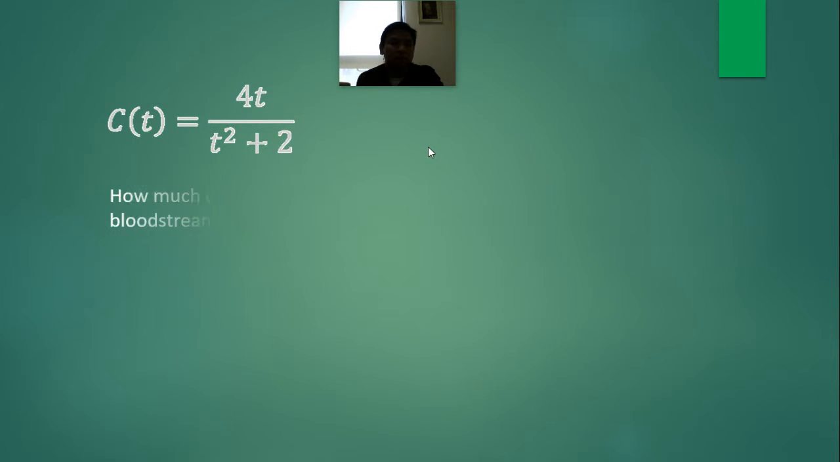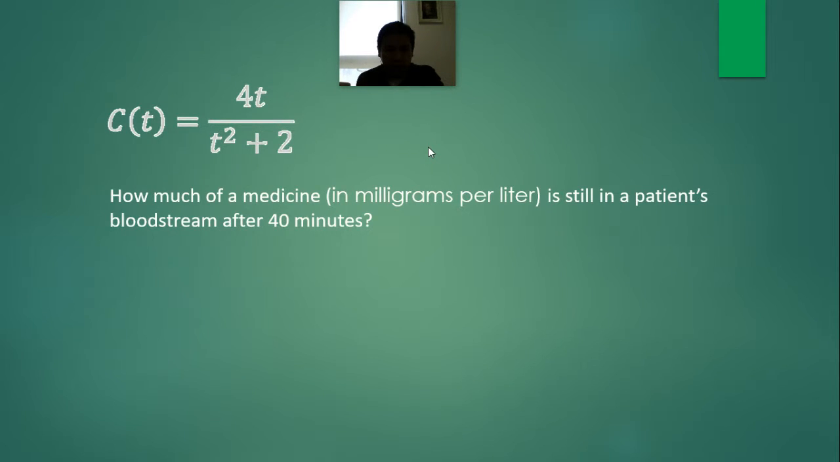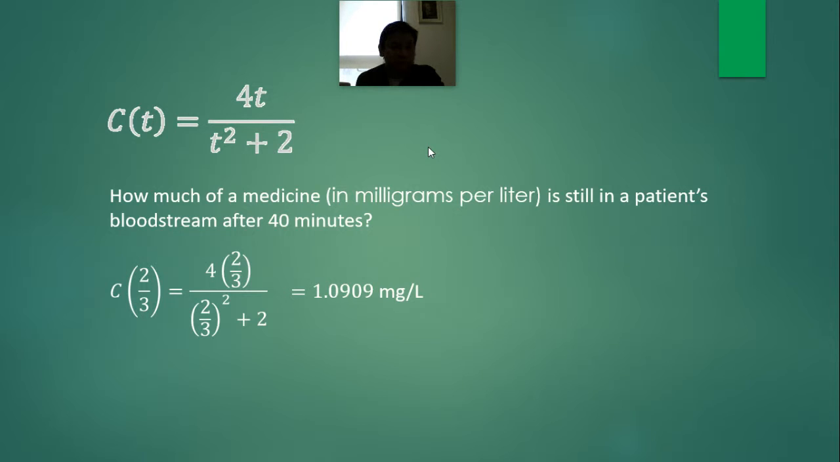Then, if we are to make use of this function, it goes by this question: how much of a medicine is still in the patient's bloodstream after some time? In this case, 40 minutes. Take note, that's 40 minutes. t was described earlier in terms of hours. So we'll have to convert 40 minutes into hours, which is 2/3 hours, which gives us 1.090